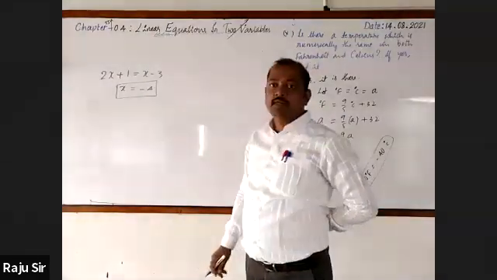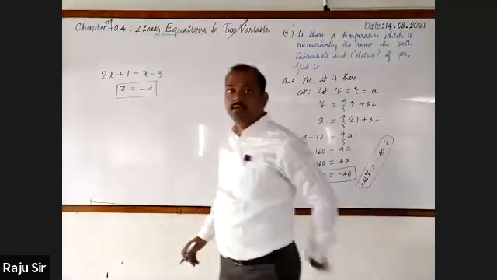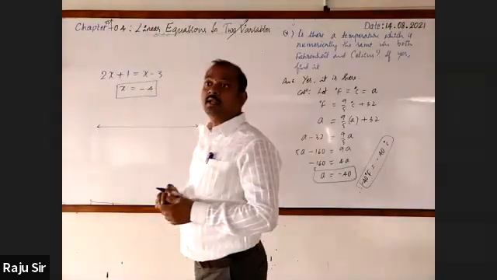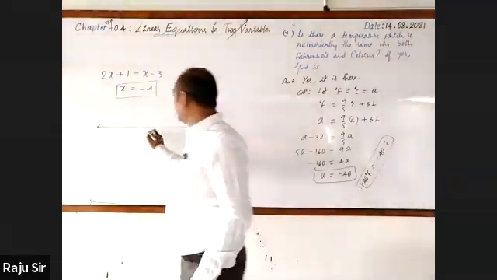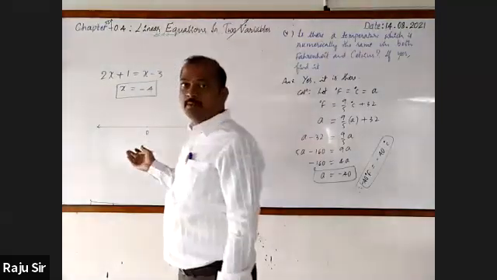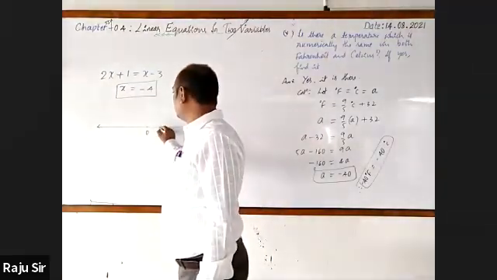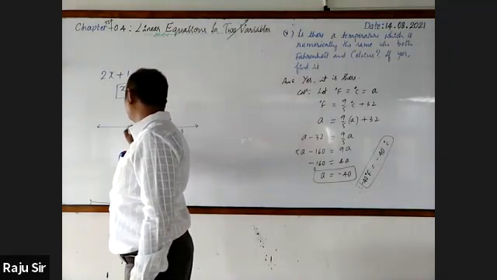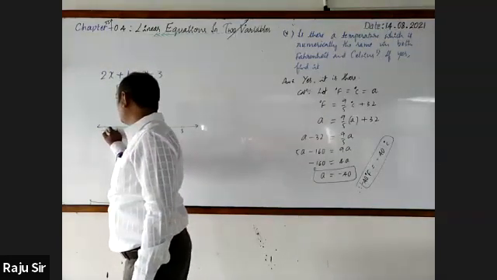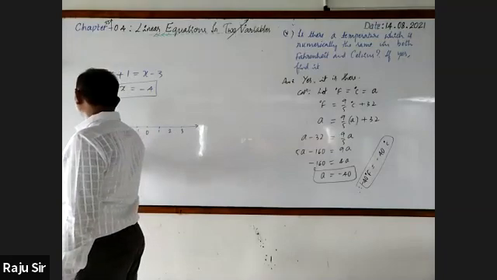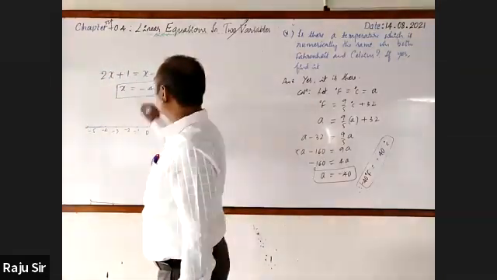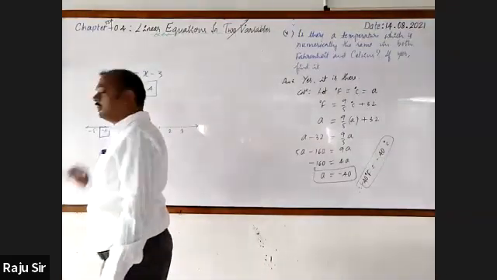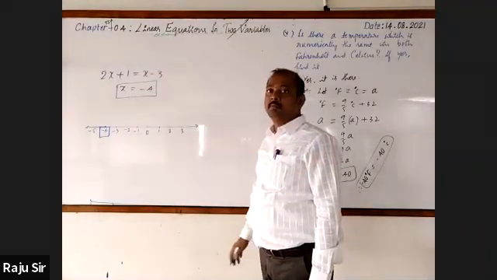Can we represent this on the number line? x equal to minus 4. Yes, sir. You are very familiar with the number line. On the number line, positive numbers will be 0, 1, 2, 3, 4 and so on. Here minus 1, minus 2, minus 3, minus 4, minus 5 and so on. Minus 4 is there, so minus 4 is here. Understood. It is represented on the number line.